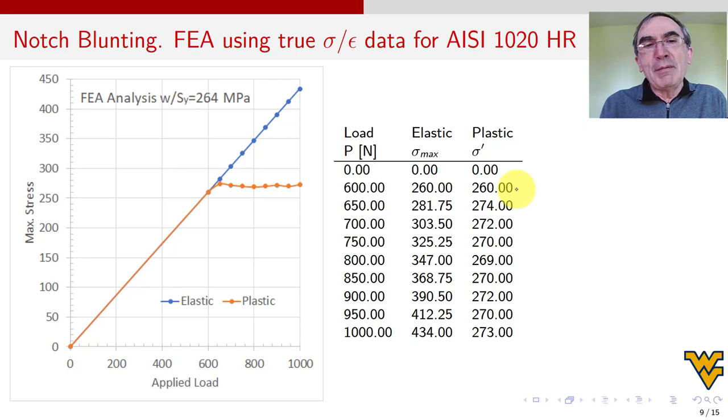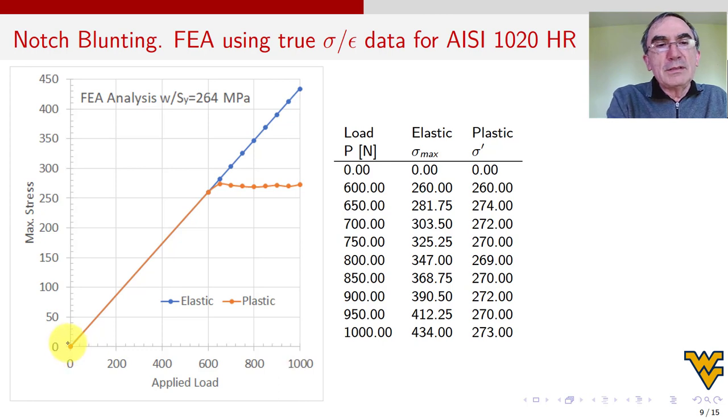And then you say, oh, but he's saying that it's elastoplastic, no elastoplastic, whatever. Okay, this is a real material. This is AISI 1020HR, experimental data that we use in homework 1. Okay, there is no question here, yes? So this is a real material. See, here we have a stress and the applied load, all right? The applied load, I go from 0 to 1,000. So this is going to be applied to the problem of the bar with the hole that we did in the previous videos. I will show you the result now.